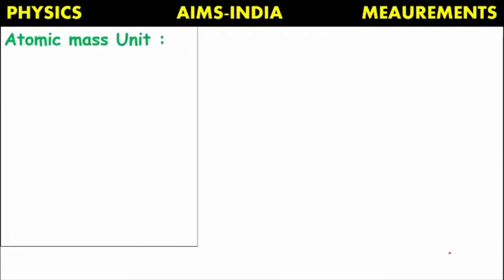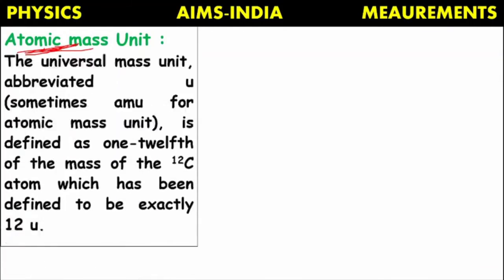So next, atomic mass unit. It is used to measure mass of atoms and molecules. We know that matter is made up of atoms and molecules. To know their mass, we will make use of this atomic mass unit. The universal mass unit, it is also called universal mass unit, sometimes abbreviated as U or sometimes AMU, is defined as